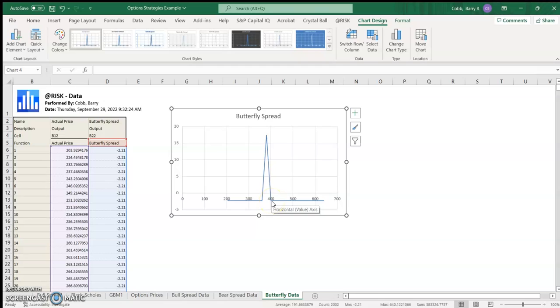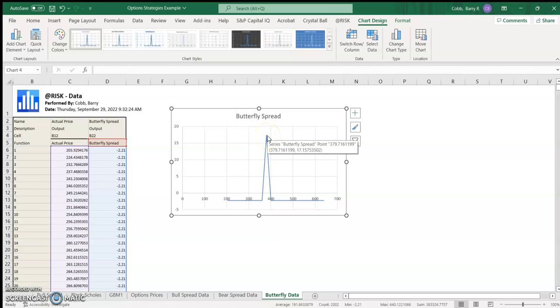If the stock price goes above 400, we're also going to lose the cost of the strategy. But in between 360 and 400, we're going to have a positive payoff, at least a little bit above 360 and a little bit below 400. We still have to recover some of the cost. But if the stock price stays in a range right around 380, we stand to make the maximum payoff, about